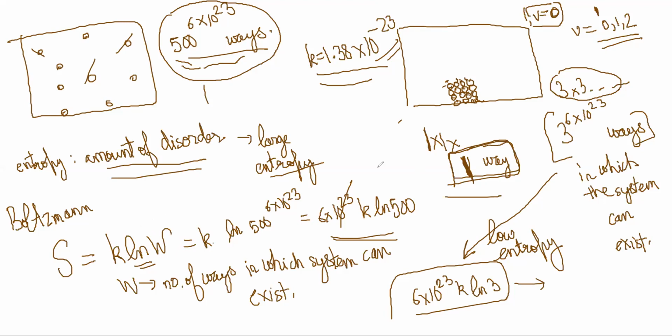So entropy is 0 when there is only one way the system can exist. It's a perfectly ordered state, that has no disorder, no two ways, only one way. That will mean that entropy is 0. So this situation happens at absolute 0, when you are at minus 273 degrees centigrade. Basically at 0 Kelvin.